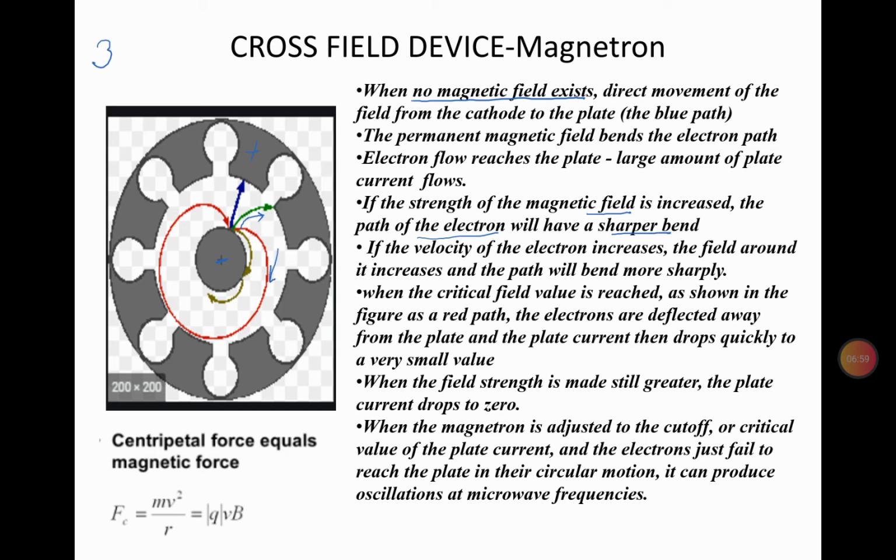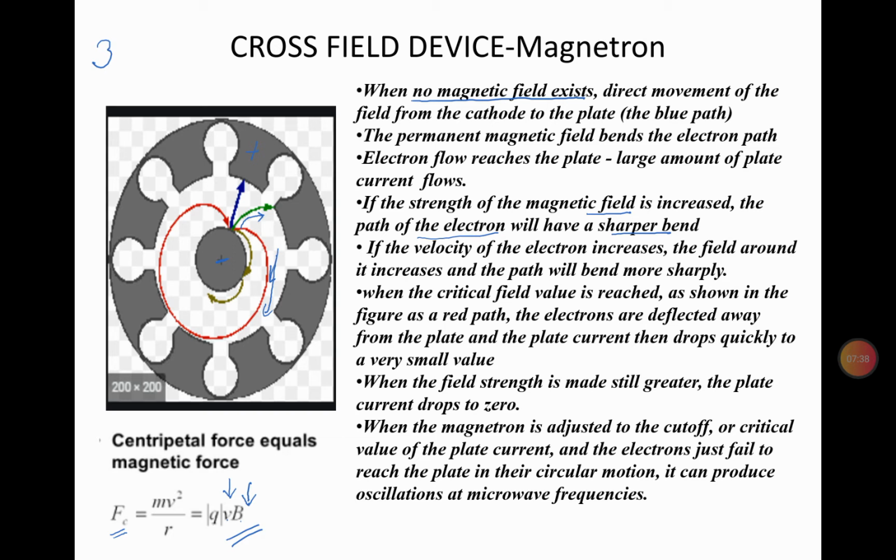So now, what is this governed by? There is a mathematical expression for that, and that is the magnetic force is equal to Q into V into B, where V is the velocity with which the electron is moving in the magnetic field and B is the strength of the magnetic field. As I told you, in a cross field tube, the magnetic field is responsible for the generation of oscillations, and it is dominant and it affects the electrons more when compared to that of the electric field. So what's happening here is the path is getting curved, which means you can assume that if you look at this path, it is almost circular.